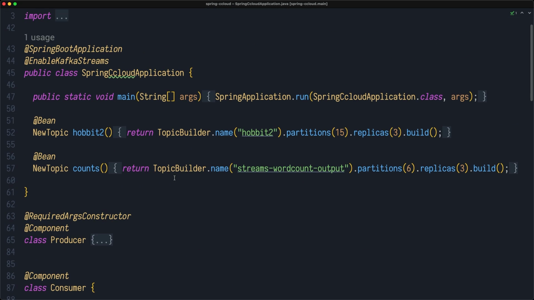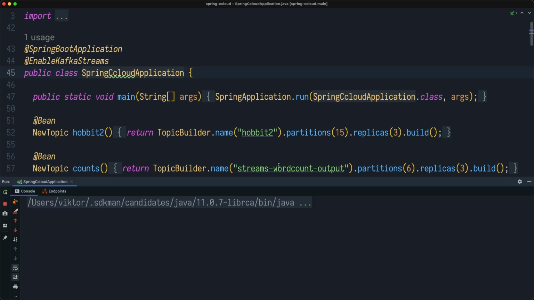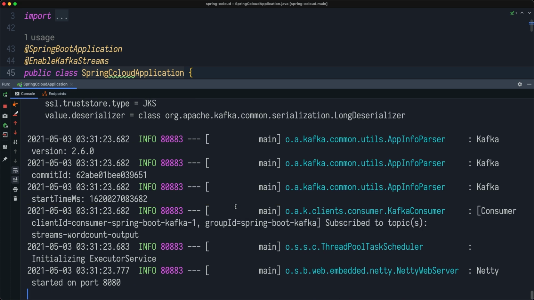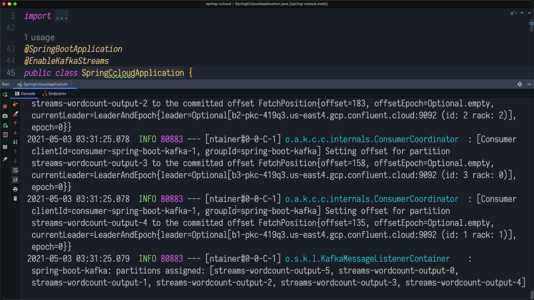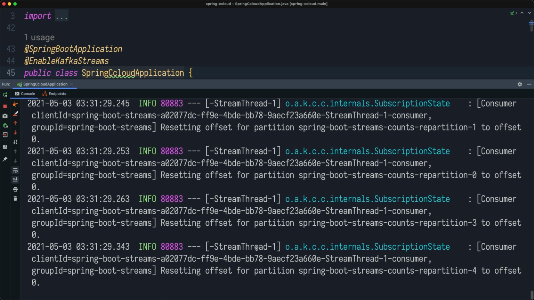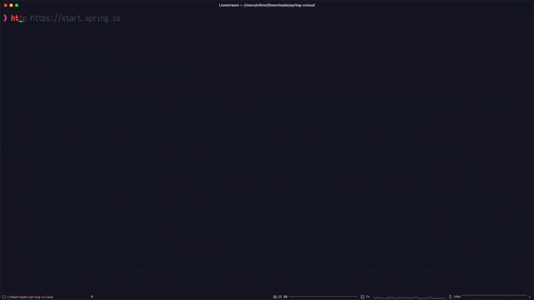So now I will restart my application. So now what I can do here, I can do HTTP to my 8080.